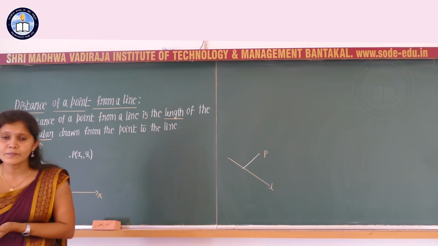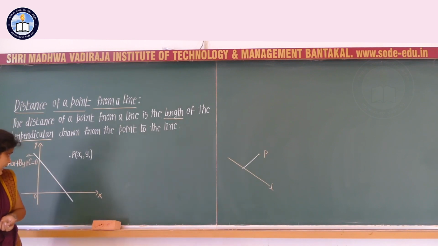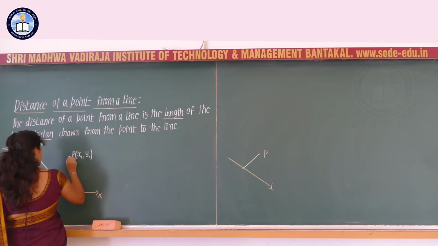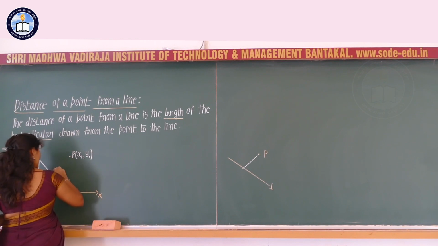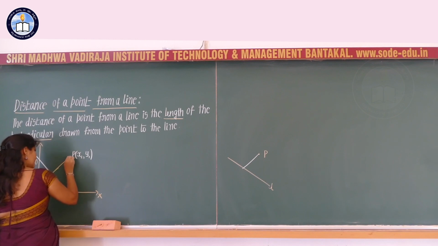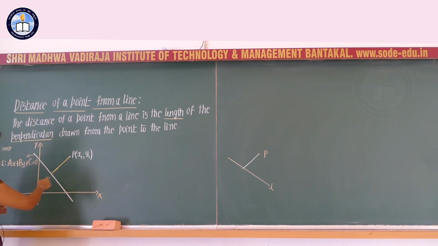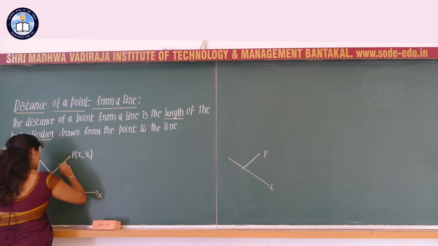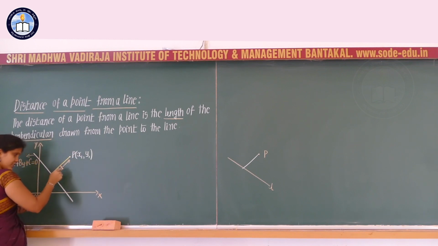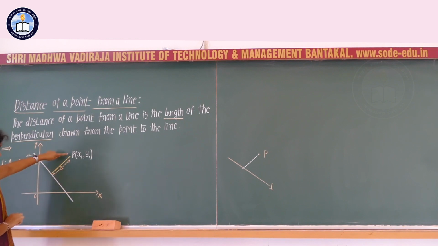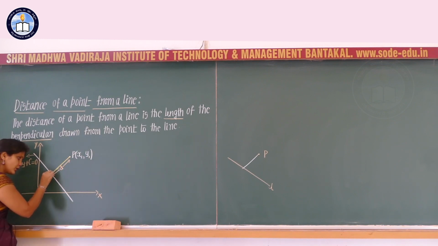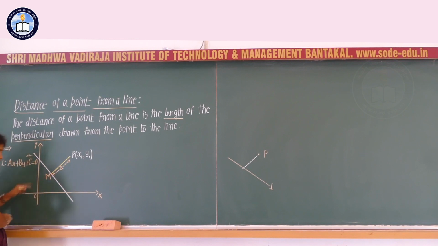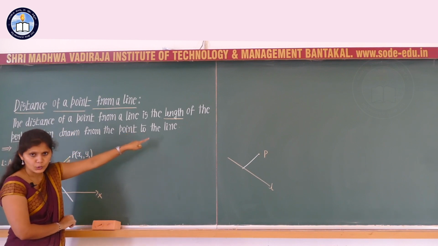So now let me consider the construction part, that is, we need to find the distance from the point P to the line L. Therefore we should consider the perpendicular distance from the point P to the line L. We do not know this distance, so I will consider this as d, the lowercase letter. d represents the distance from the point P to the line L, and here I will consider the point of intersection as M. I will consider PM as the length of the perpendicular from the point to the line, correct?